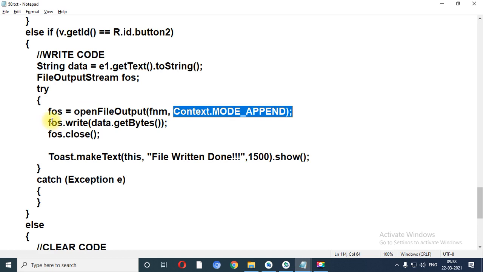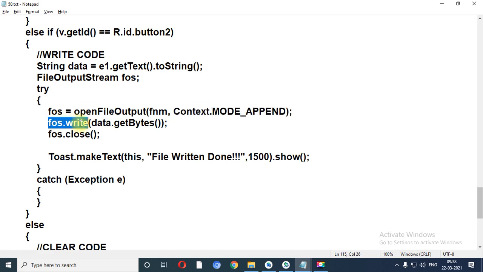Now I want to write inside the file. So to write into the file, I need to use the object of the output stream class, that is FOS.write, a method through which you can write the content inside the file. Which content do I want to write? The content data.